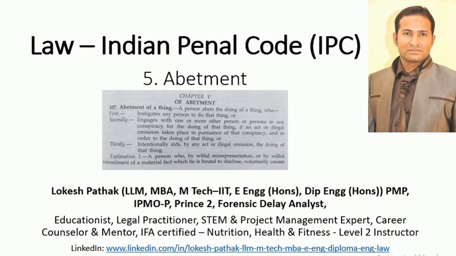So there must be an act or illegal omission. And the third essential element for the abatement by conspiracy is that such act or illegal omission must also take place in order to do the things conspired. So the three elements for abatement of conspiracy: conspiracy between two or more persons first, second is act or illegal omission in pursuance of that conspiracy, and the third, which is very important, is that the act or illegal omission